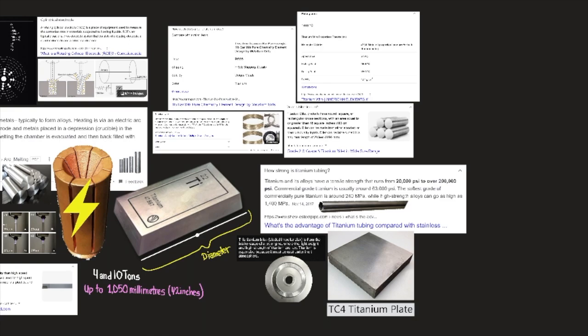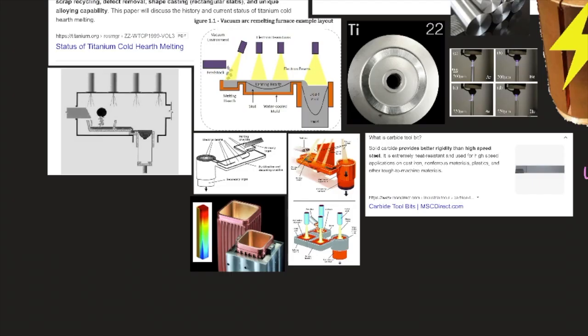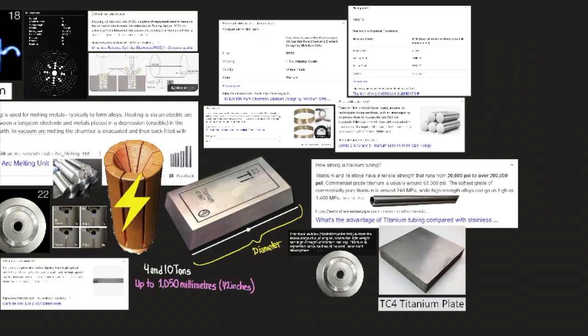The molten metal flows in a horizontal path over the lip of the hearth into a suitably shaped, water-cooled copper mold. The cold hearth process is well suited to separating high-density contaminants which settle to the bottom of the hearth. For this reason, it is used primarily to recycle titanium scrap, which can contain carbide tool bits left over from machining operations. Consolidated ingots are processed into mill products such as bar, billet, wire, tubing, plate, and sheet by traditional